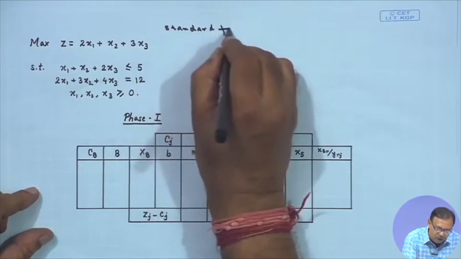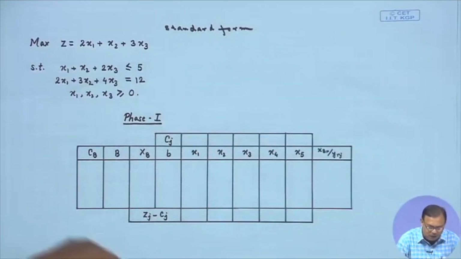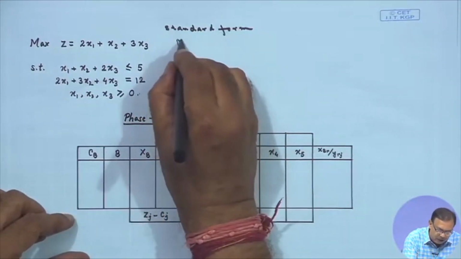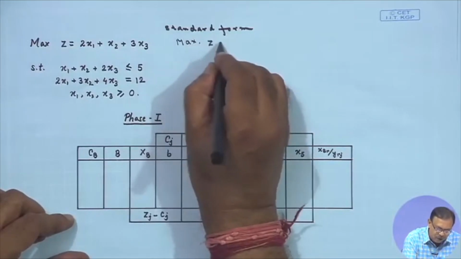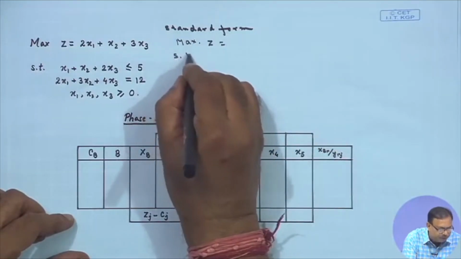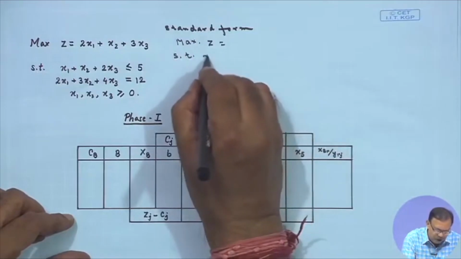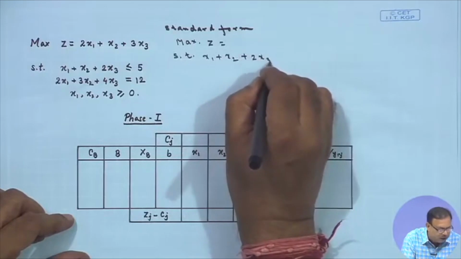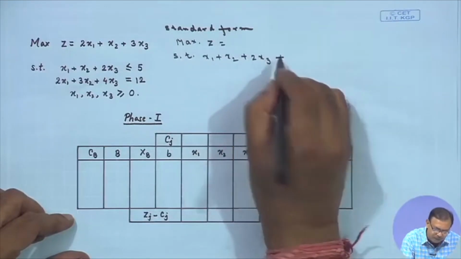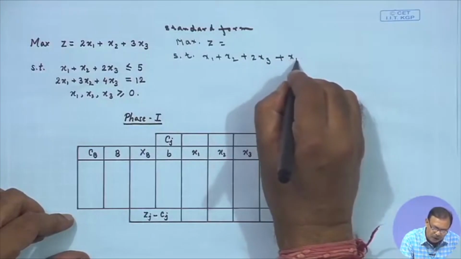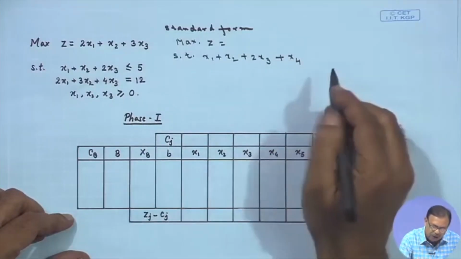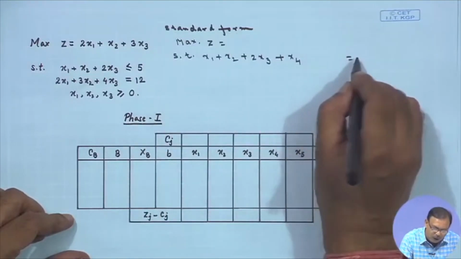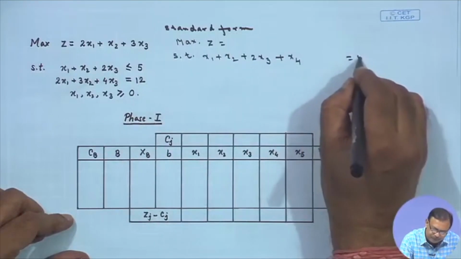I will write this one in the standard form. In standard form, it will be maximize z subject to x1 plus x2 plus 2x3 plus it is less than equals. So, you will add one slack variable here and this is equals 5